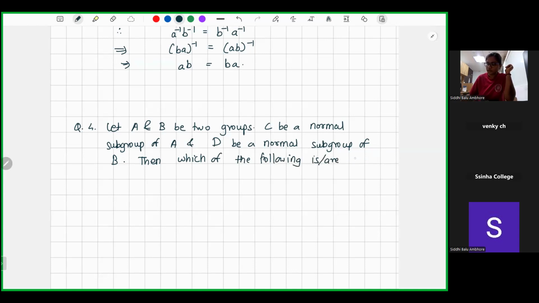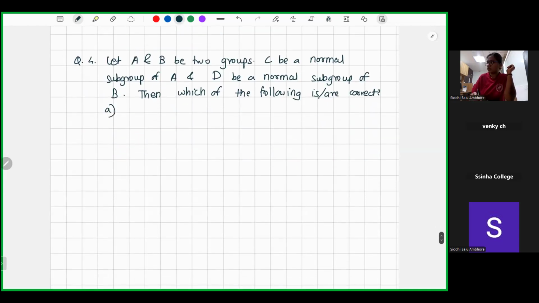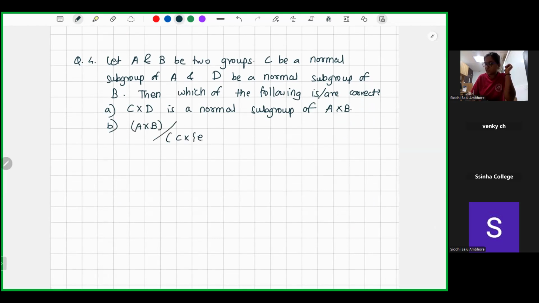We have to check this. Part A: C cross D is a normal subgroup of A cross B. Part B: A cross B quotient C cross E_B, where E_B is the identity in B. They're asking whether this is isomorphic to A quotient